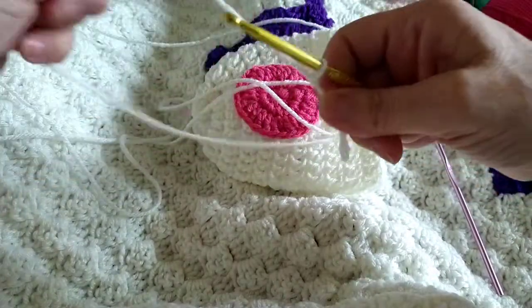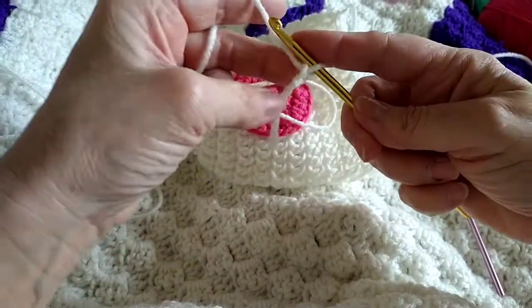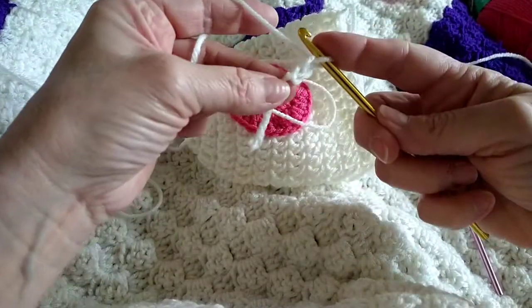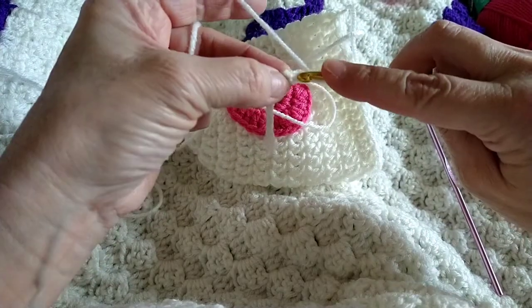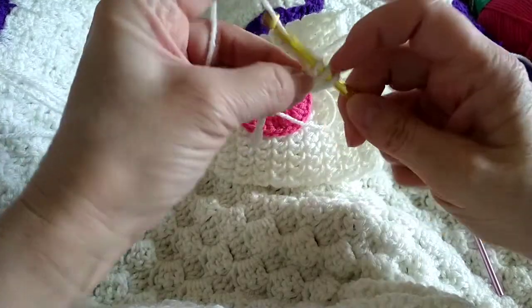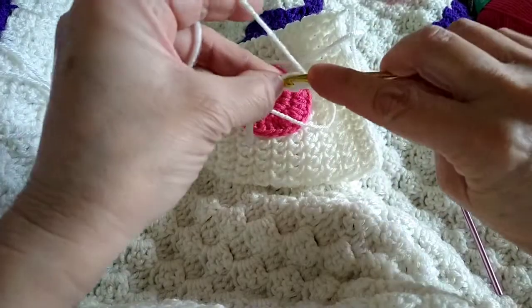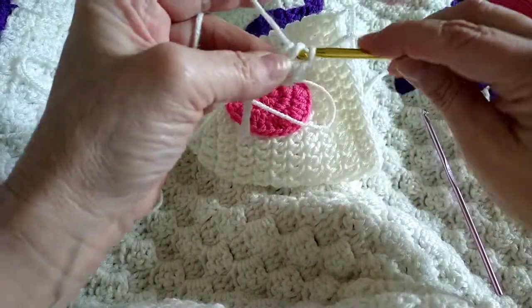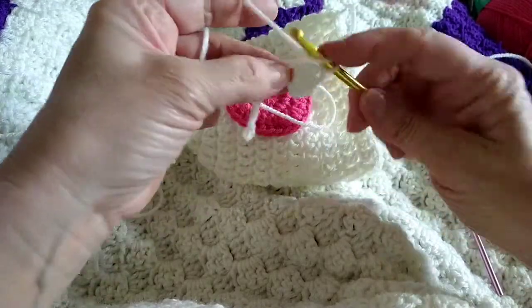So we're just going to go ahead and start this one. I chain 2. I'm going to yarn over and go into that first stitch, and we're going to put 10 double crochets in here. Now that chain 2 does not count as a double crochet, so 1, 2,